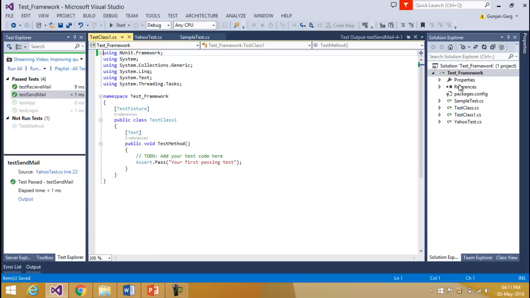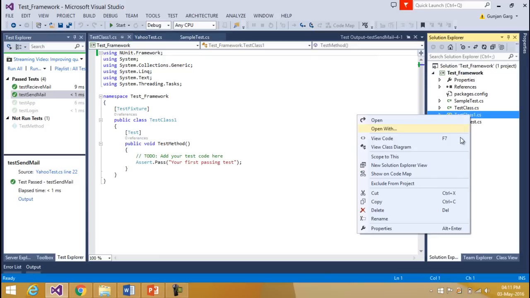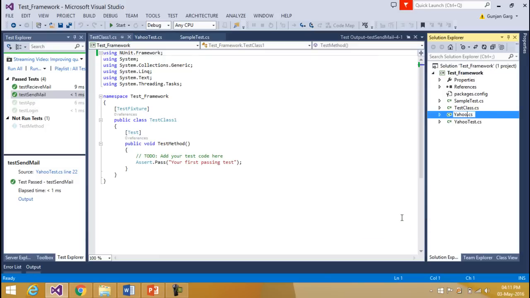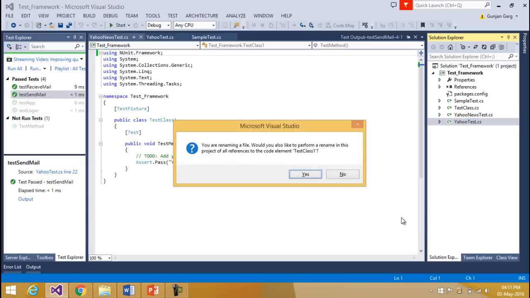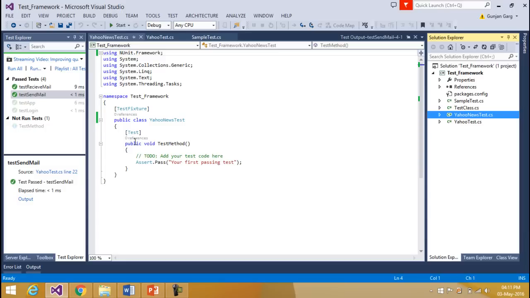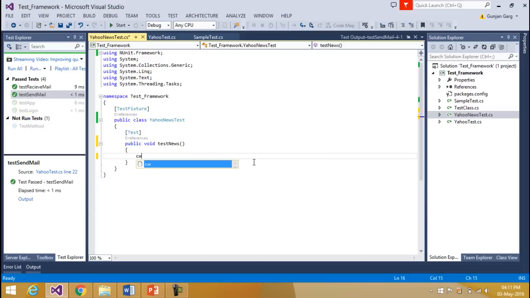I declare one new test fixture class, that is Yahoo News test. Okay, and say suppose I have the method as test news. And inside it I write console.writeLine test news. Okay, now suppose we want to execute both these test classes parallelly, that is at the same time all three